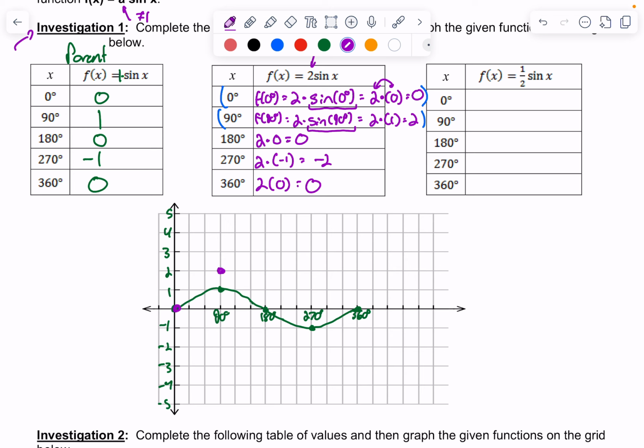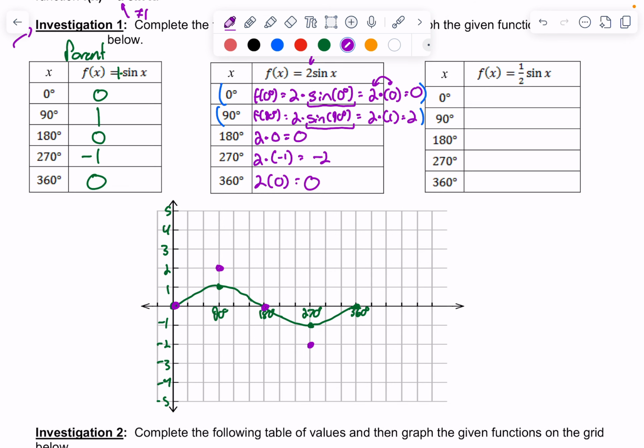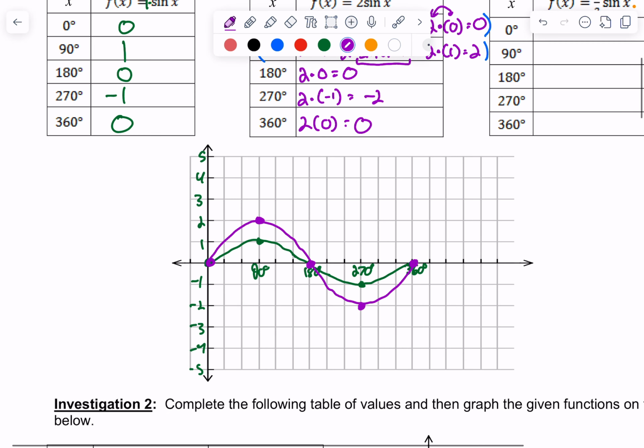At 180, you're at 0. And at 270, you're at negative 2. And at 360, you're at 0. So there you are. You're up here, you're down here, and over here. And before I add another one, because I don't want to add the third graph and make this look messier,